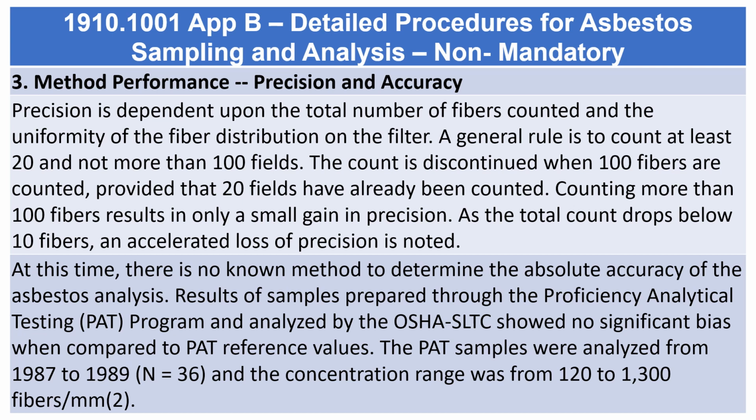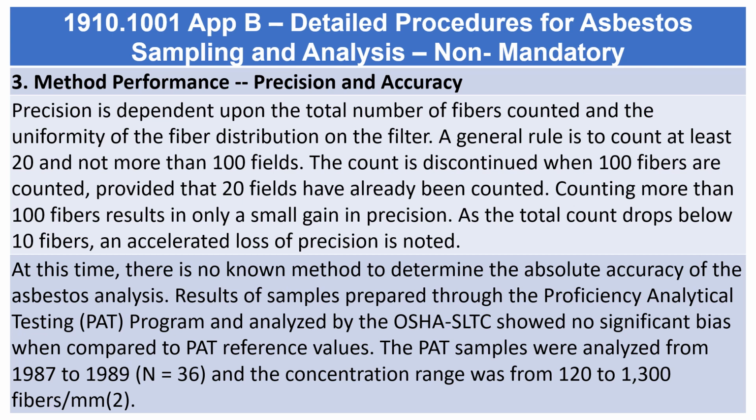At this time, there is no known method to determine the absolute accuracy of the asbestos analysis. Results of samples prepared through the Proficiency Analytical Testing (PAT) program and analyzed by the OSHA SLTC showed no significant bias when compared to PAT reference values. The PAT samples were analyzed from 1987 to 1989, N equals 36, and the concentration range was from 120 to